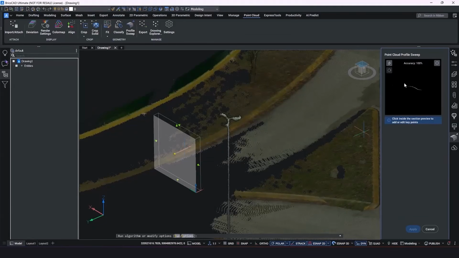So if you look here in the window, you have a point cloud sweep window, and you can zoom in and pan like you would normally. So you can just use your mouse wheel to zoom in. You can hold your mouse wheel down to pan. And what we need to do here is add some key points. So what do we want to follow? So let's see, over here,